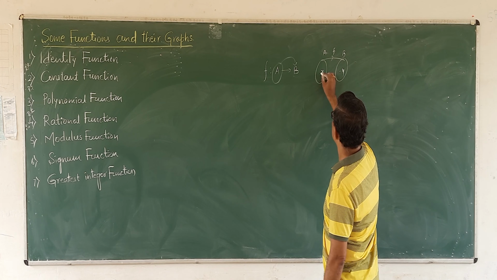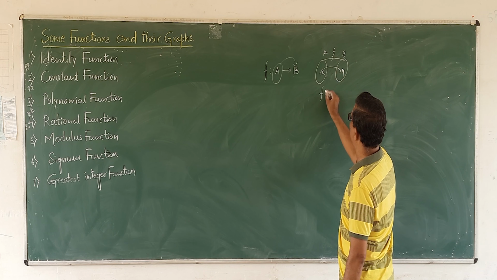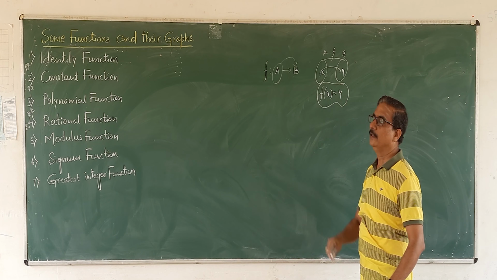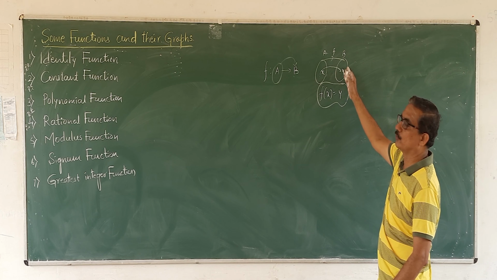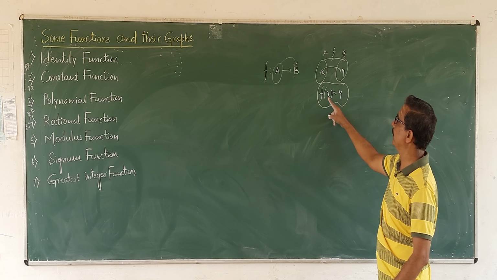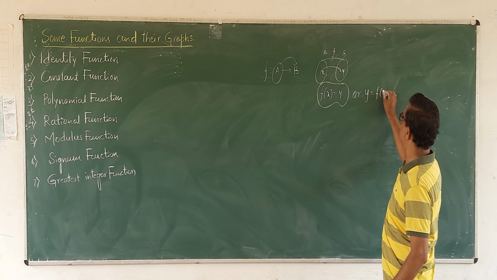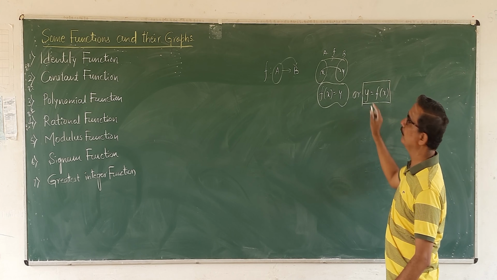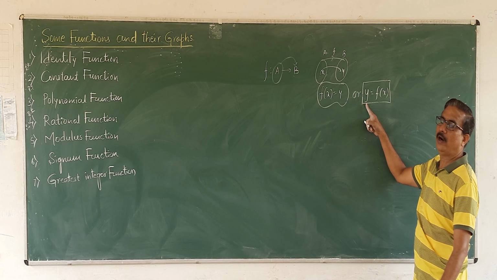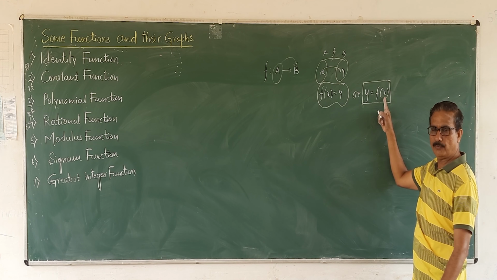Then we write the set A is called domain, the set B is called codomain, and the image is f of x equal to 1. Different elements of a set associated with unique element in the second set. Then mathematically function can be written as f of x equal to 1, or in general 1 is equal to f of x, a function. Mathematically, remember, function can be written as 1 is a function of x. Symbolically we write 1 is equal to f of x.